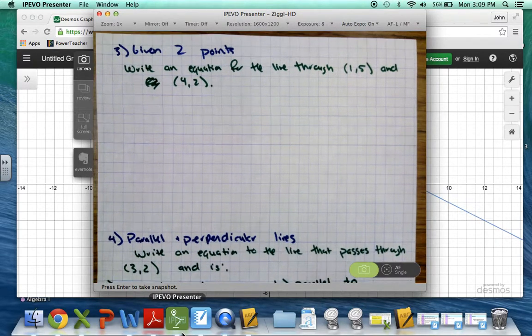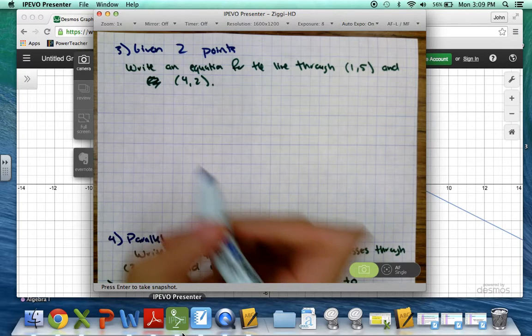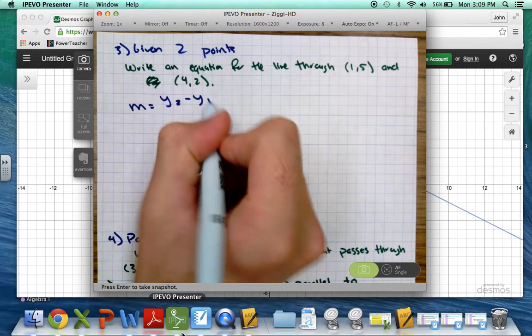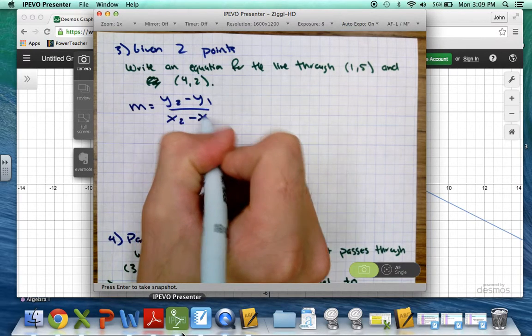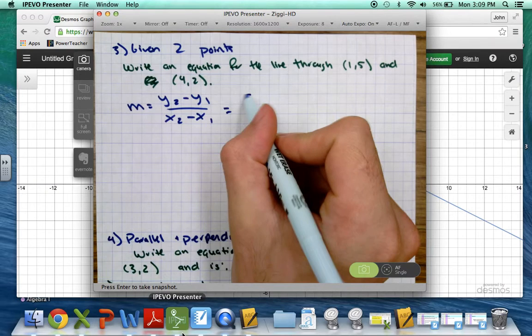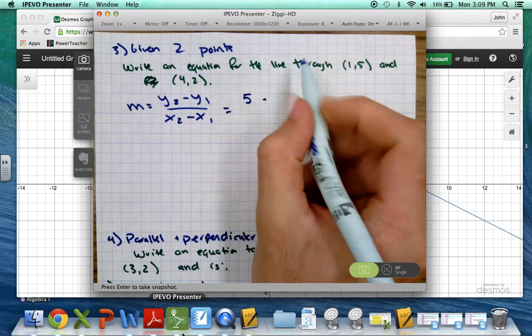And this ends up being just like what we had done in previous weeks. We use the slope formula, y2 minus y1 over x2 minus x1. So we're going to plug our information into that, and we're going to find out what the slope of the line between these 2 points is going to be. So we'll say 5 minus 2,